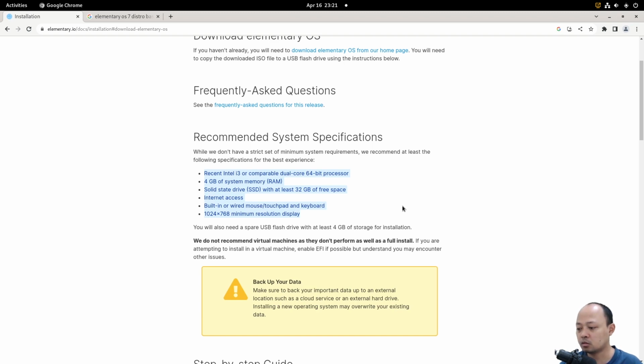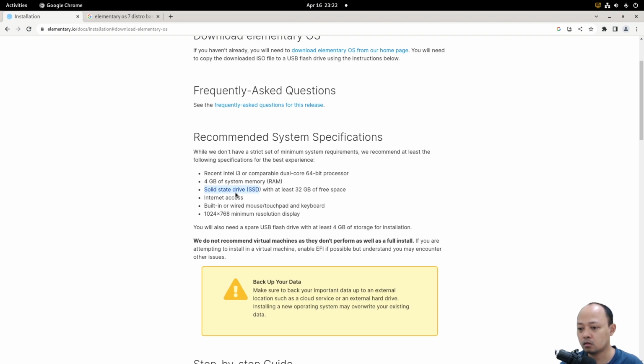I think it's a specification that is reasonable enough for this good operating system. Elementary OS 7 needs 4 GB of RAM and at least 32 GB of free space in the SSD. So the system requirement suggests us to use the SSD, not the hard drive.